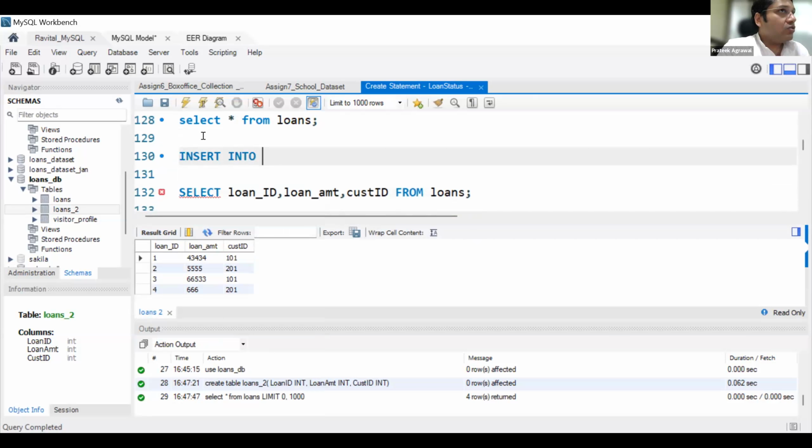Which table? Loans underscore 2. And then in the bracket, mention the columns. The same sequence of columns. But remember, the column names are different for loans 2. It is loan ID, loan amount, cust ID. Close it, right? Insert into loans underscore 2, loan ID, comma, loan amount, comma, cust ID, and normally they write